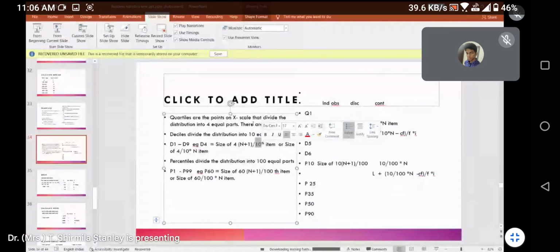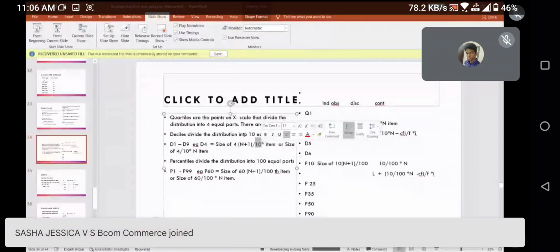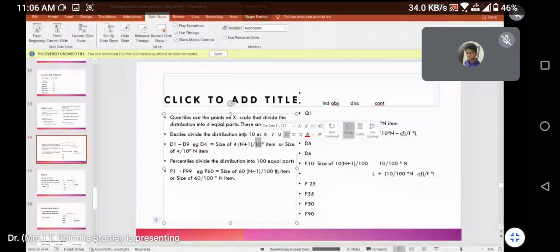For the second quartile, the divisor is 4 only over there. We have only simplified it further for Q2. So for deciles, what will be the divisor? If you want 10 parts, your denominator will be 10. Percentile, what will be the denominator? 100. You have to be clear on that. What comes in the numerator will depend on what decile or percentile you want to calculate.